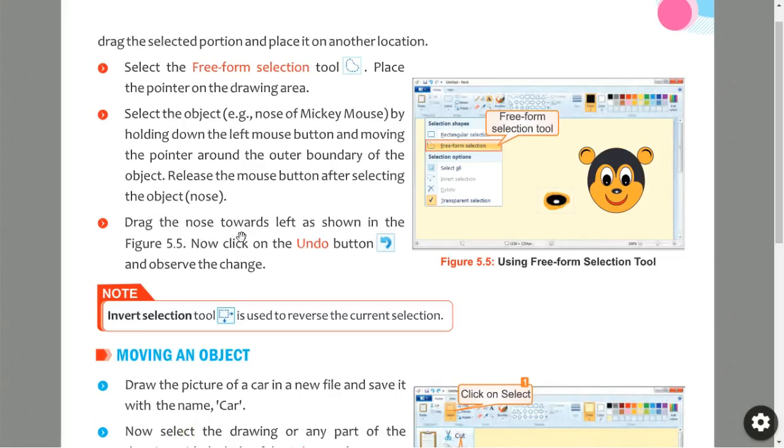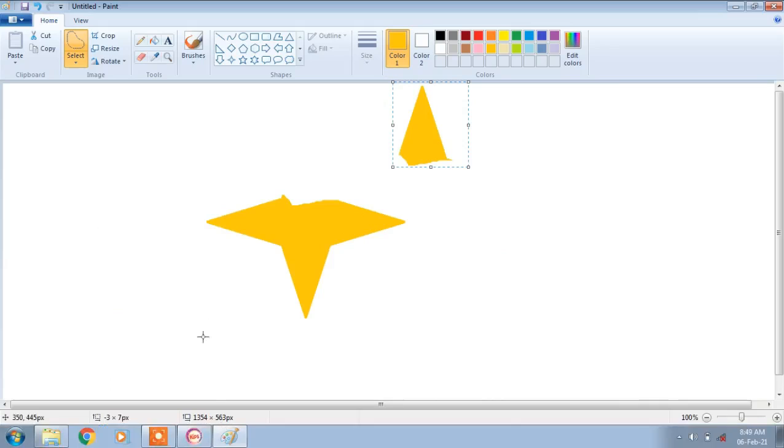Drag the nose towards left as shown in the figure 5.5. Now click on the undo button and observe the change. Now we have separated this part from this object. When we press the undo button, automatically this portion will be refixed in that place.